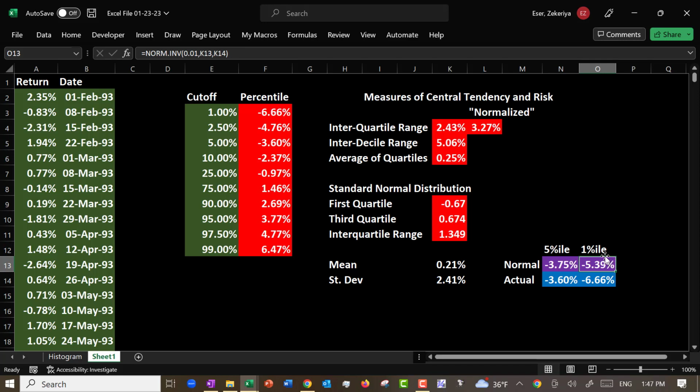What percent of the actual return distribution has returns less than negative 5.39%? So let's find out. Percentage of data points with less than